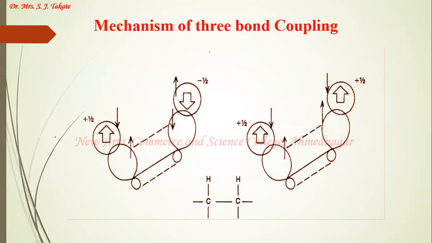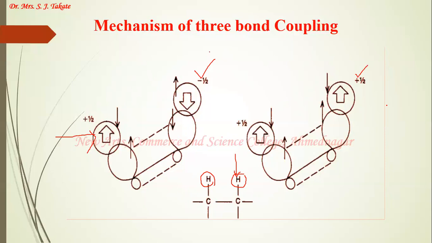Again, this is our ground state nucleus, that is, we are observing the signal of this proton. Let us consider how this proton is going to give a signal. This proton will give me a doublet. Why am I going to get a doublet? Because it couples with this neighboring proton. Why does it couple? It couples because this second proton takes two different orientations. The first one is a minus half orientation and the second one is a plus half orientation.